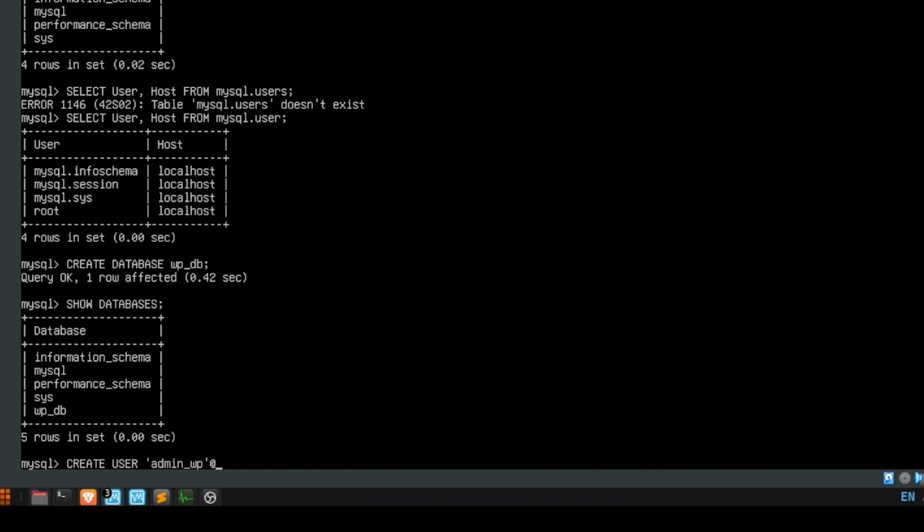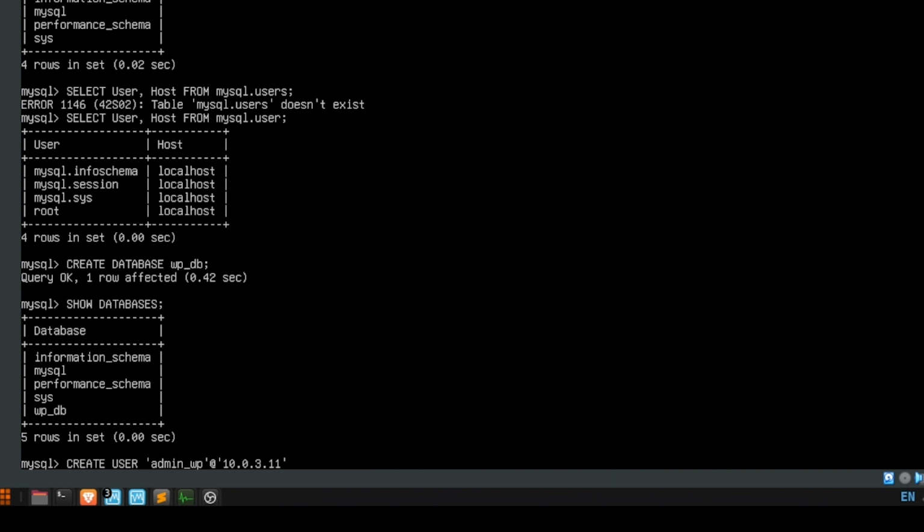And we'll put @, and then over here we have to put in, because there's going to be a remote access, we have to put in the IP address of our WordPress server. So that was 10.0.3.11, and